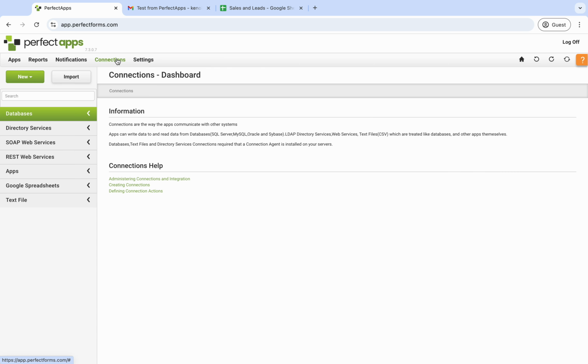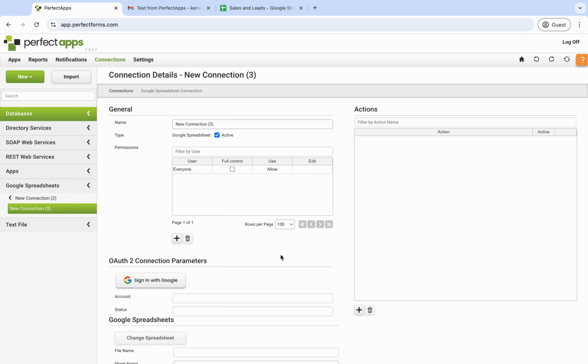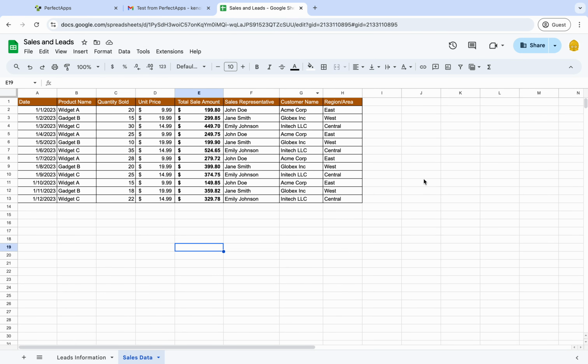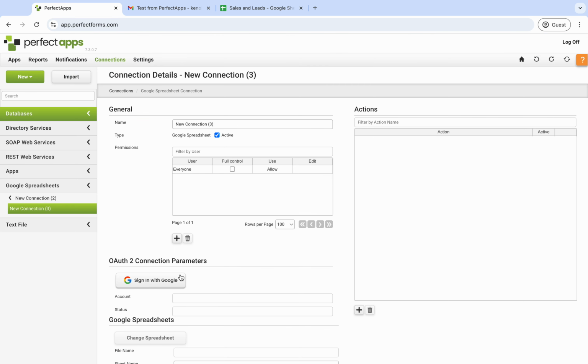Let's move now to Google Spreadsheets, and we will create a brand new Google spreadsheet. Here we will use the other account we have, where we do have a sales and lead spreadsheet that we want to connect to. Therefore, we're going to